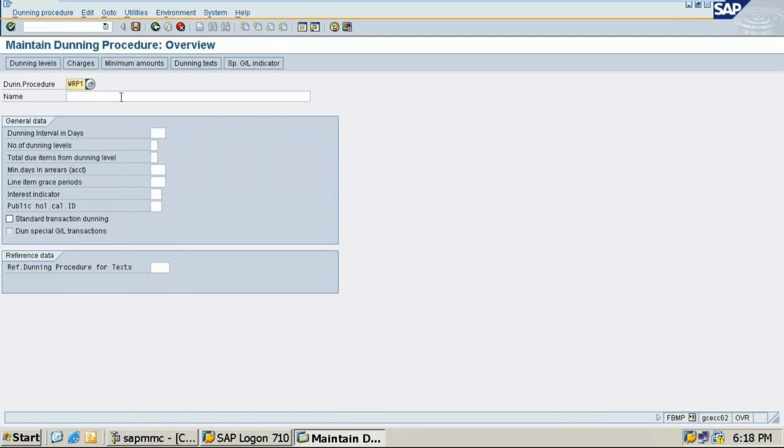So here Wipro dunning procedure. Okay, after this dunning level in the 3 days. So number of dunning is also 3. Then total outcome for not liquid. The grace period is 5, and interest calculator we can put 1.